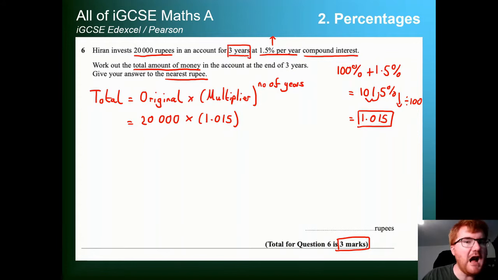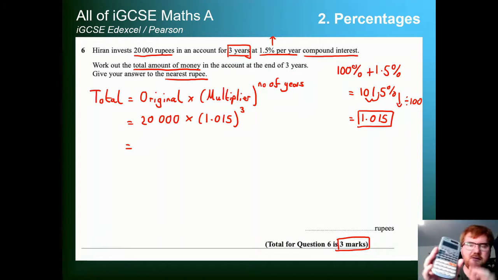This is why we underline key expressions, which is 3. So by putting these right numbers into our formula, we can then just press the buttons on our calculator. So 20,000, on a standard Casio calculator here, multiplied by 1.015. And now we like to use this x with a little square on it. That helps us then to put it to the power of 3. Press the equals button, it will do its thing, and that gives us